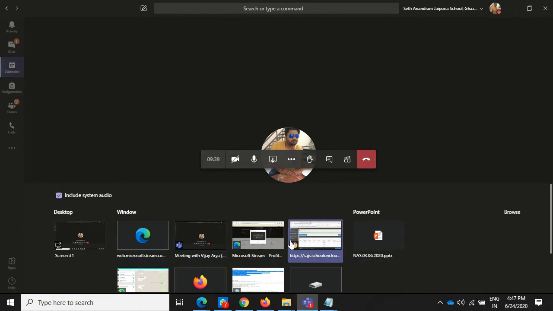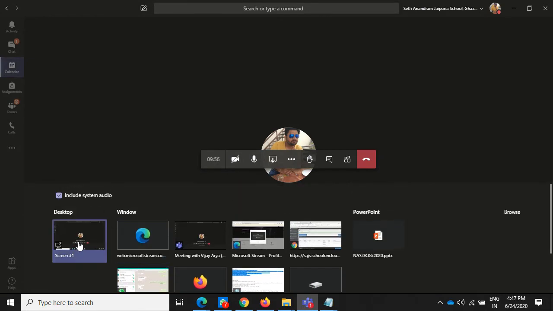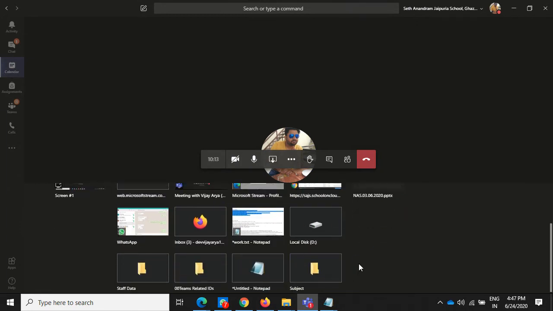You can share the browser screen only. It means if you are playing that video on the browser, then you have to share that browser only, not the complete screen. If you are using your window or your folder, then share that folder only. There's no need to share your complete screen. Otherwise, your whole screen is shared, and your window goes to a tiny size. You will not be able to see the student participants. For that purpose, you have to share only the particular folder you want.